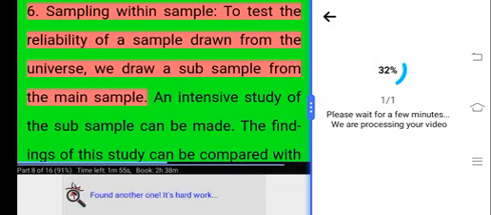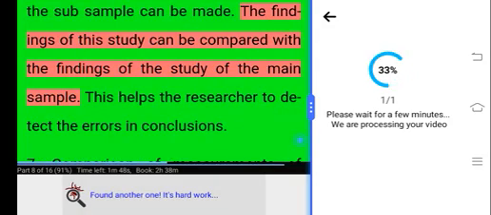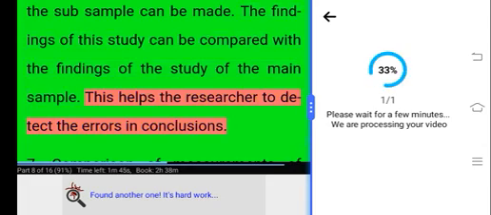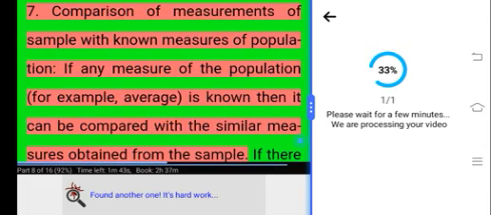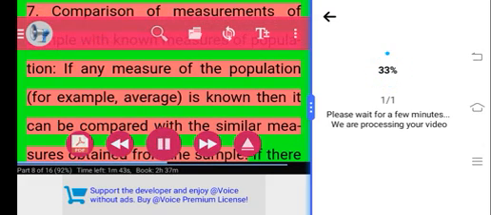6. Sampling within sample. To test the reliability of a sample drawn from a universe, we draw a subsample from the main sample. An intensive study of the subsample can be made. The findings of this study can be compared with the findings of the study of the main sample. This helps the researcher to detect the errors in conclusions. 7. Comparison of measurements of sample with known measures of population. If any measure of the population